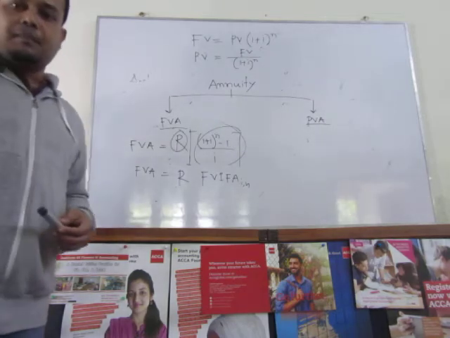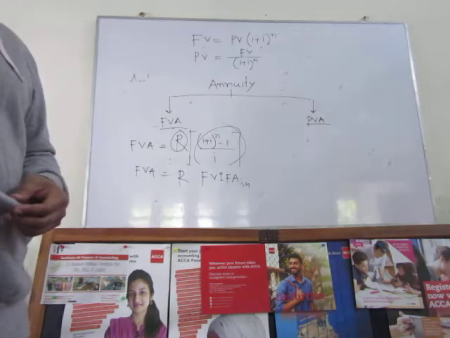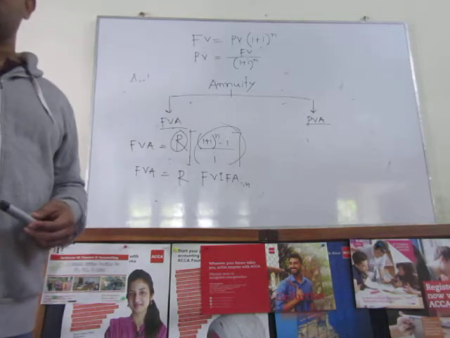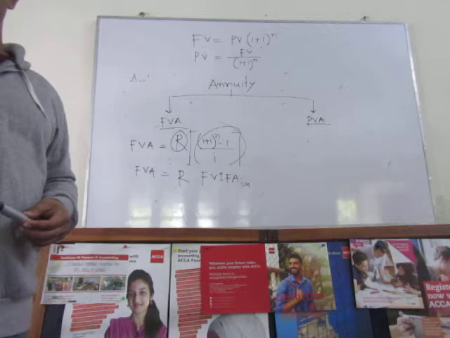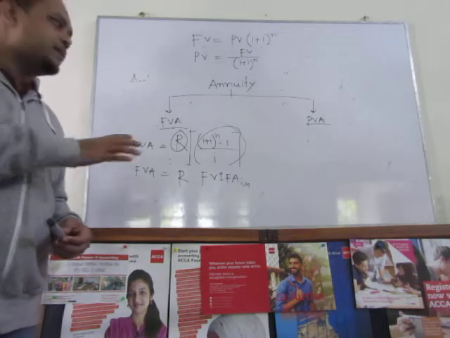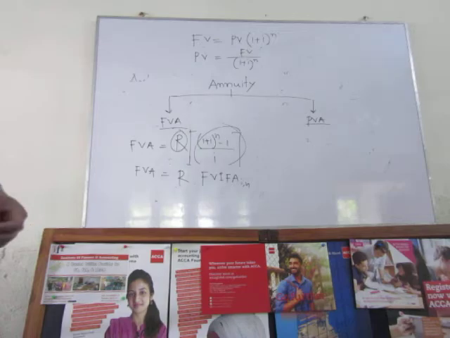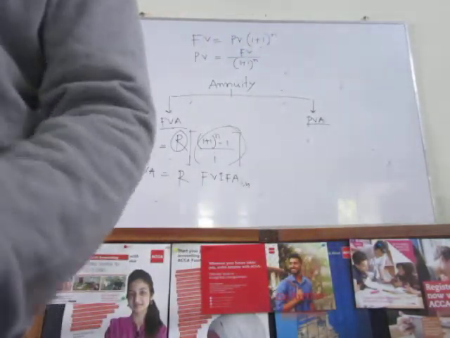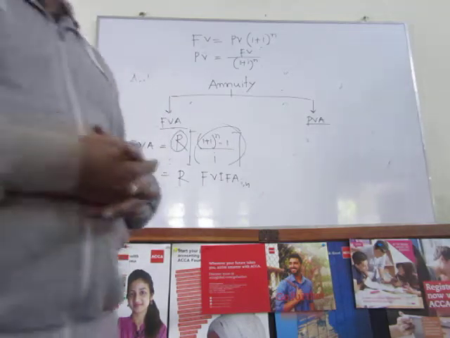But the thing is, by reading the example you need to make yourself clear whether it is future value annuity or present value annuity. So focus on the example that I am going to provide. Example, এটা বোঝা গেছে? এইবার আসো present value annuity. এক্সাম্পলটাকে শুনুন তারপর আমরা আলোচনা করি।